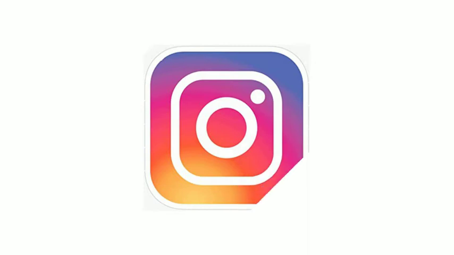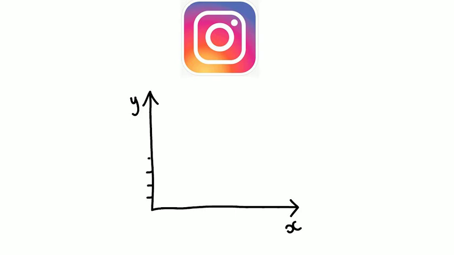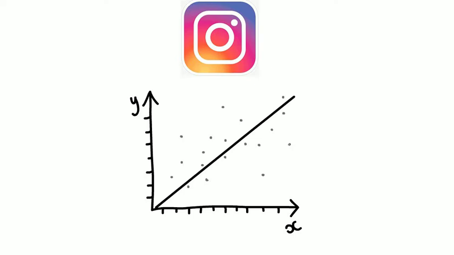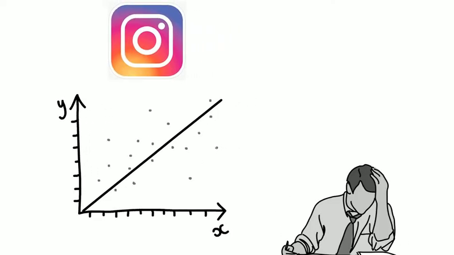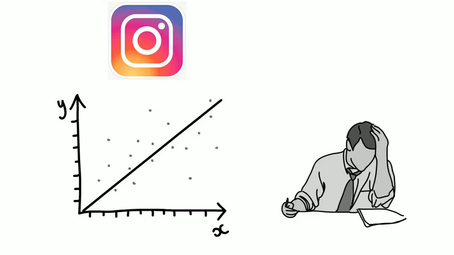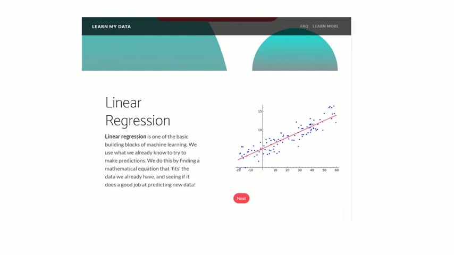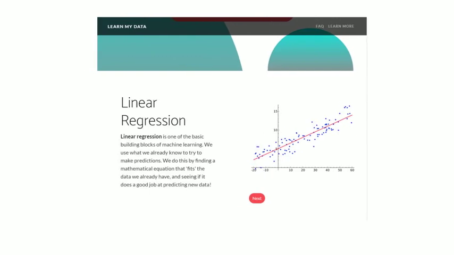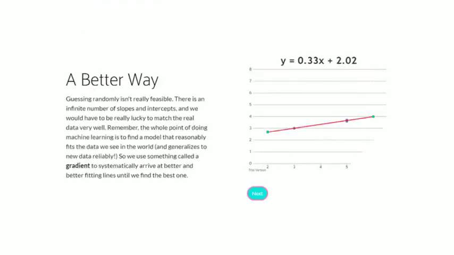There are lots of sources of personal data, and in the pilot, we even used learners' own Instagram posts to build a regression model of likes and comments. For this study, we kept it focused on the academic context by asking students to rate their classes on how interesting they thought they were, and then reporting the grade that they got. We had surveyed some novices about what machine learning concept they'd like to learn about, and it was basic foundations. So I built a tutorial called Learn My Data that introduced linear regression and gradient descent, the machine learning algorithm that systematically hones in on the right parameters for the linear equation that best fits the data.